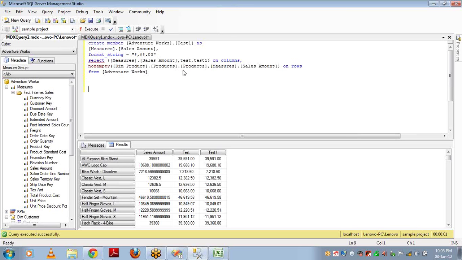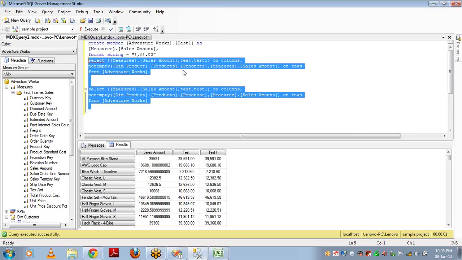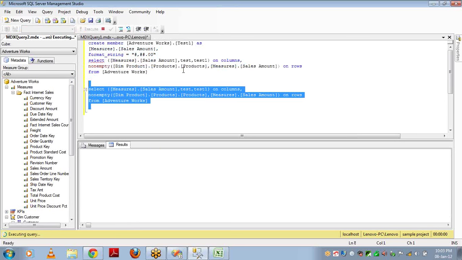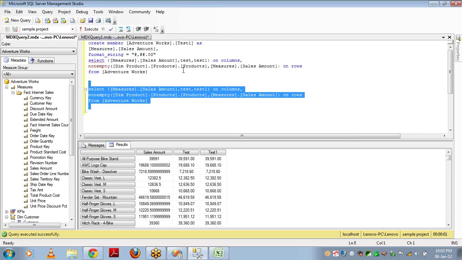Like, let me copy it again here and let me run it. It is going to give me the result. Until what time is it going to run? Until this particular query window only. Until this window, this session will be there.